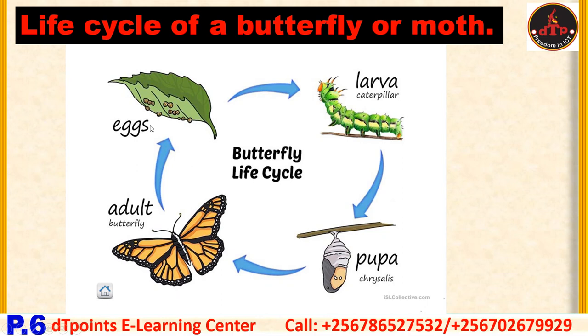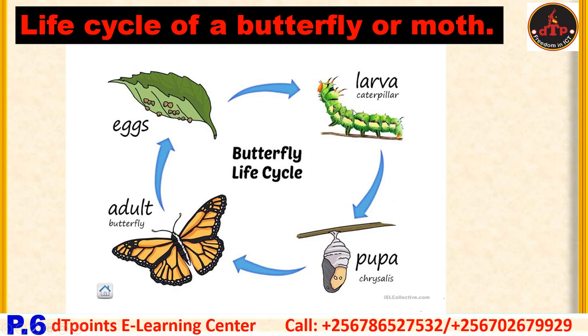Now once these eggs are laid, after some time they hatch into the larva stage. That one you see there is the larva, and this one is a caterpillar. I've already explained about the behavior of a caterpillar. At this stage it eats a lot, so this caterpillar is most destructive to plants or rather leaves.